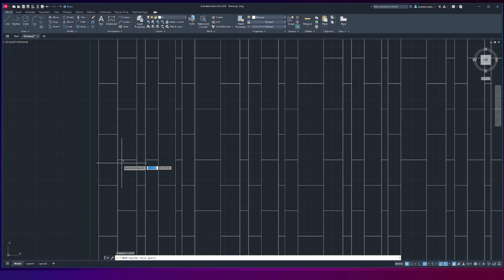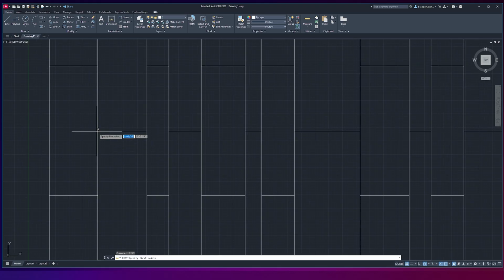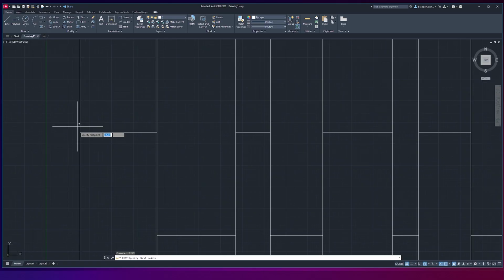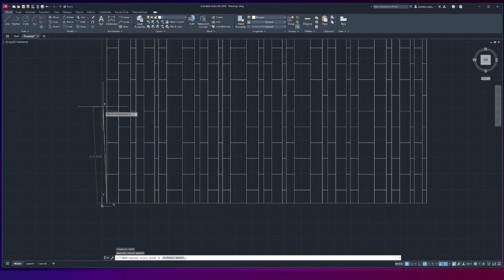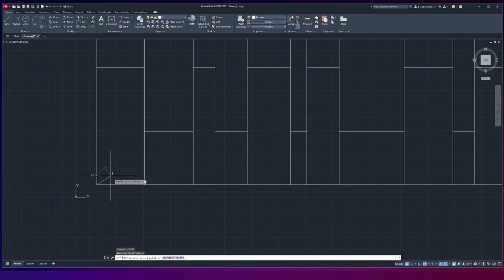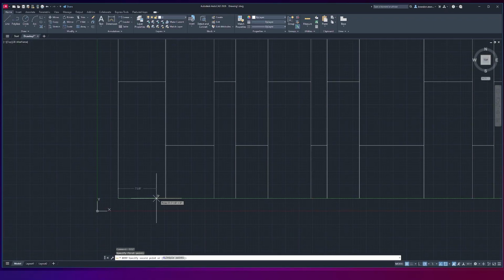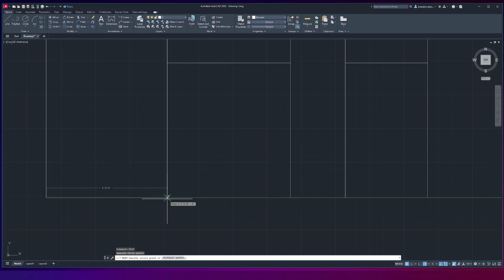And this is a hatch, so you can't select the vertices or the endpoints or anything, but we can get a close approximation. So I'm going to click here. Oh, and of course it's going to snap me down to the bottom. That's fine, I can do it here too. So you can see here,